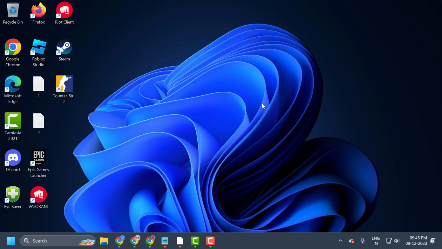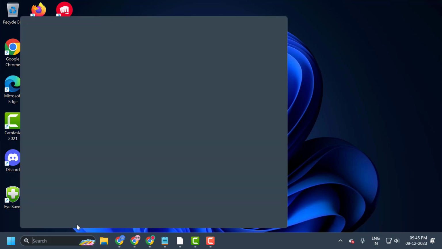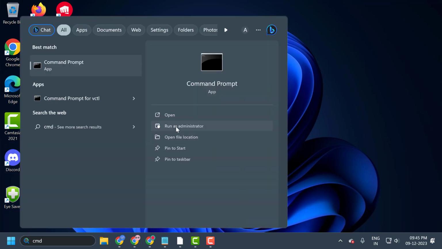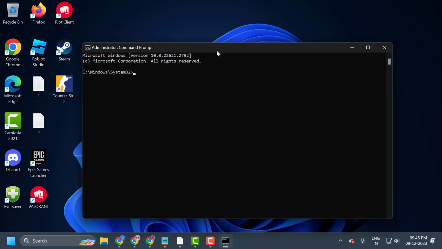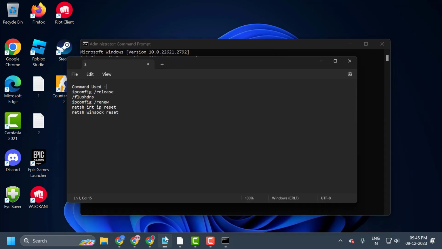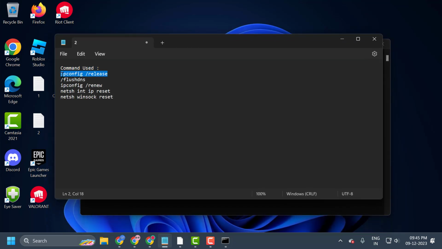The second step is to reset our internet using CMD. Since the problem is related to our internet, we need to do this. To do so, go to the search menu, type CMD, select run as administrator and select yes. Now in the command prompt window, check my video description for the command used in my video. You just need to copy it